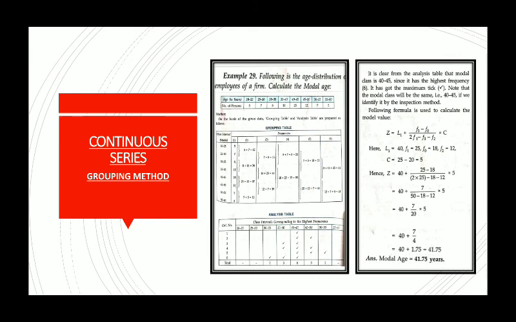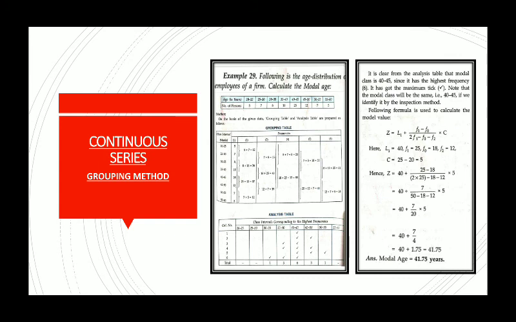In that way, column number 3 will show the total of 2 starting from the second. So 7 plus 8, then 8 plus 18, plus 25. In that way, the third one will show a total of 3 starting from the beginning. The fourth one will show a total of 3 from the second, starting from the second value. The last one will show a total of 3 again, starting from the third value. So in that way, we will form this grouping table.